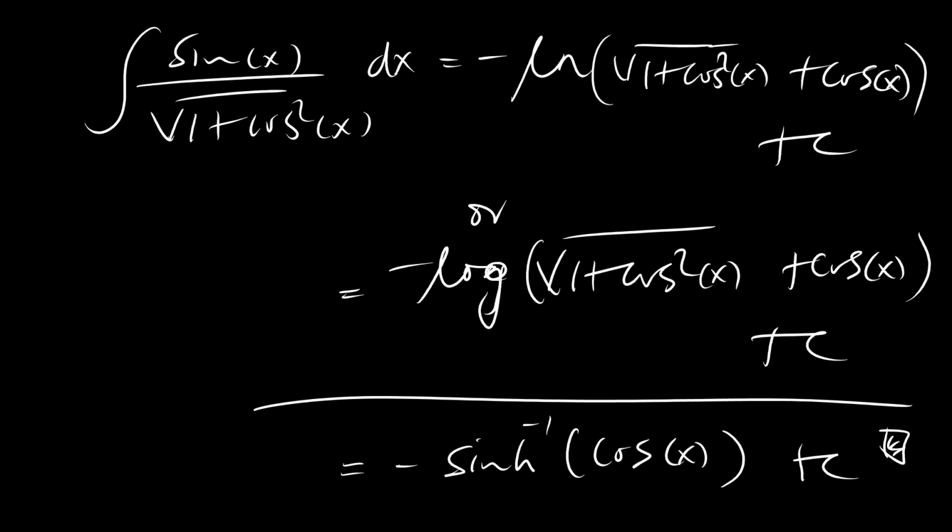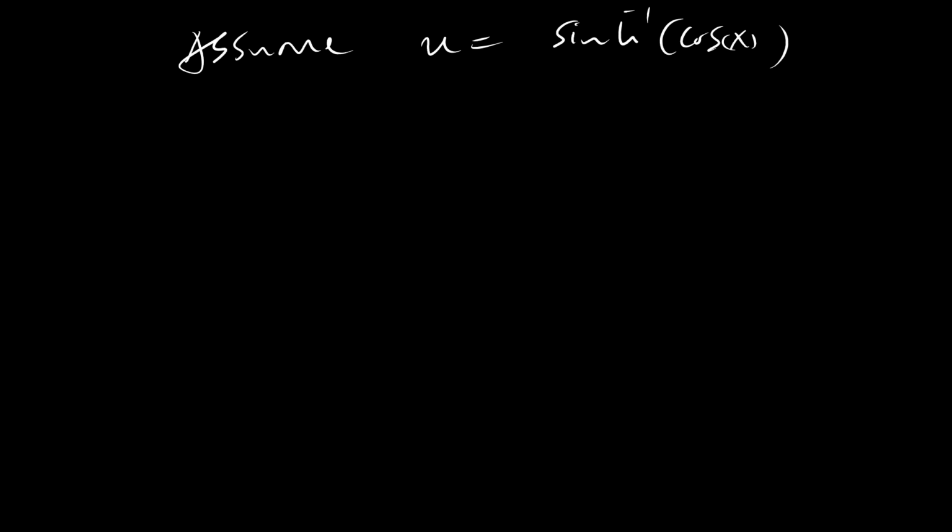Maybe, yeah, let's show that. Let's show that this is the same as this guy here. For those who may be interested, assume that u is equal to arcsinh of cosine of x,